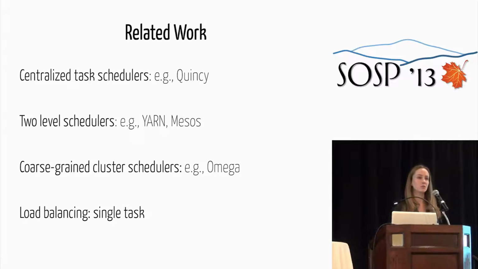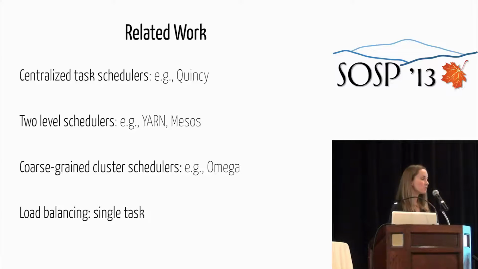A third category of schedulers is coarse-grained cluster schedulers. These are things like Google's Omega. These schedulers are designed to allocate resources at coarse granularity, to allocate resources for an application that does its own task-level scheduling. They can enforce many different complicated types of policies. Omega, for example, can do very sophisticated placement that takes into account different failure regimes, but they're not designed to work at the latency of hundreds of milliseconds because they're designed for this much more coarse-grained allocation.